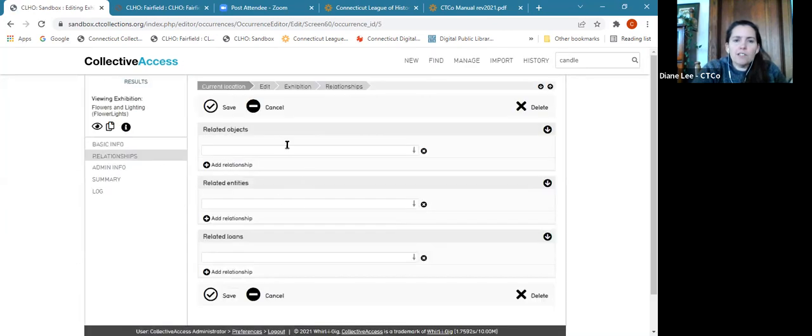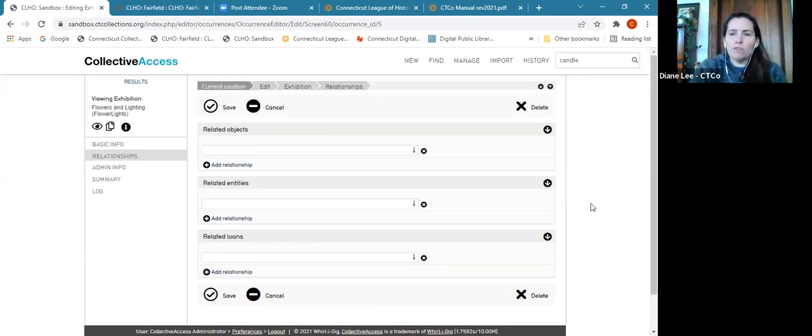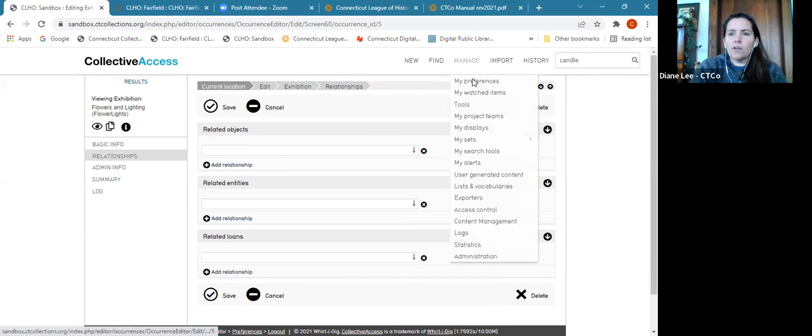And this is where you'd see related objects, entities, loans, things like that. So this is where we can use batch edit too. So you've gone through all your process, you've found the 50 objects that you want to put in an exhibit. It's in a set, you've been working with them, you're all set to move forward with it. So we can go to the manage my sets